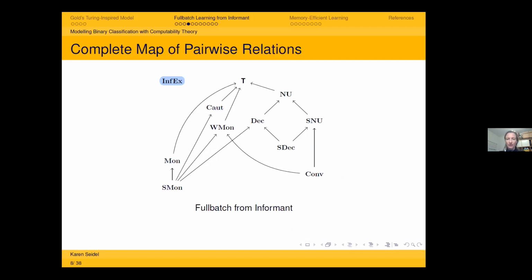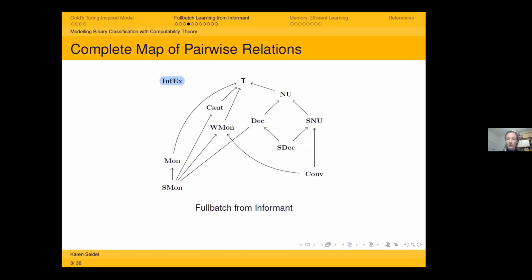Okay, so there are a lot of other criteria. Please do not worry, I have not defined most of them. I only talked about conservativeness on the bottom right, which implies first the strong version of non-U-shapedness, then the semantic version of non-U-shapedness. And also on the left, you can see strong monotonicity and monotonicity. And cautiousness is a bit below the capital T on the top, which means that we require learning success, but we do not require